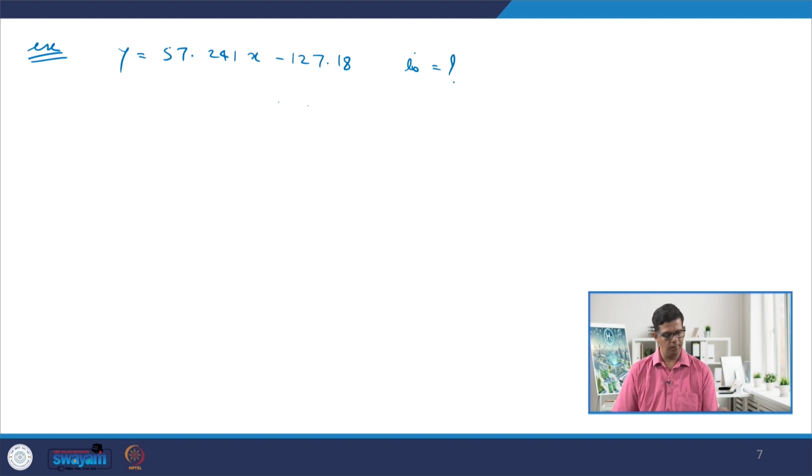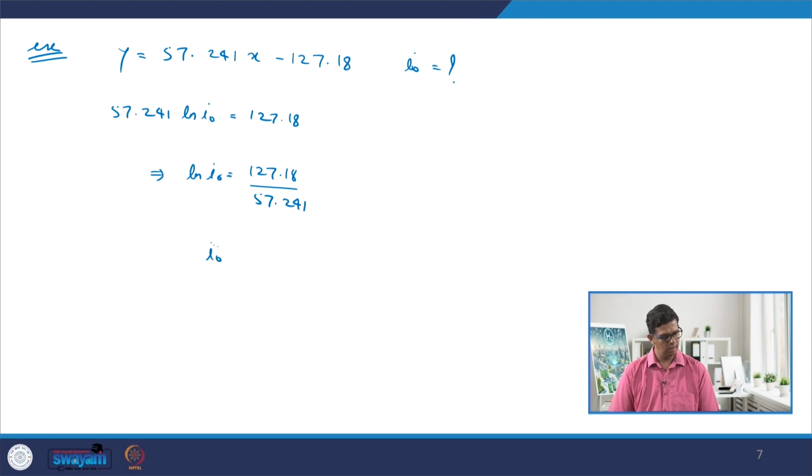Once we compare this with the Tafel plot, we can write this as 57.241 ln I naught equals 127.18. So, in other words, ln I naught is 127.18 divided by 57.241. So, that gives us exchange current as 9.224